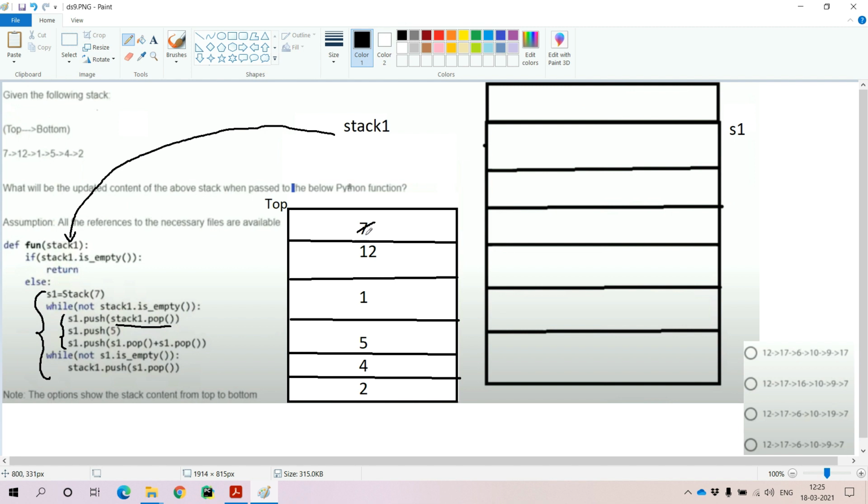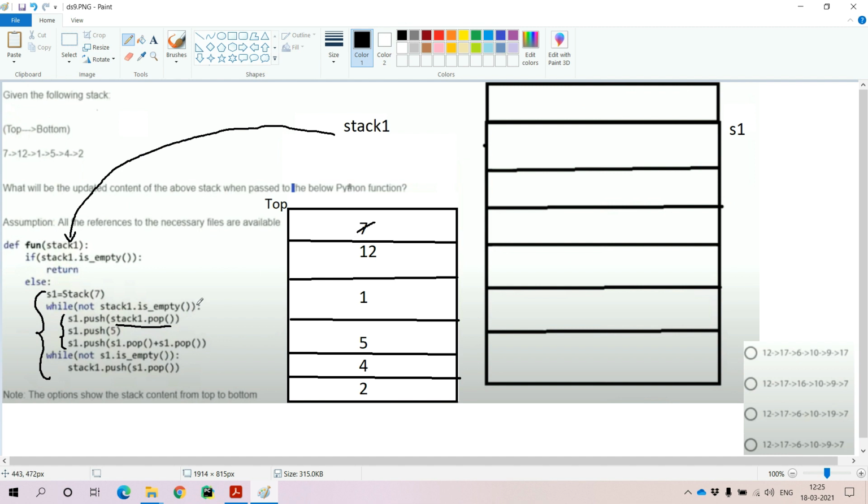Why? Because in the stack, both the push and pop operations will be performed at the top of the stack only. Why? Because it is always following the LIFO principle. The element which is inserted last will be deleted first. As the element that was inserted in this stack last is 7, it is the first to be deleted. All the operations will be performed at the top of the stack only.